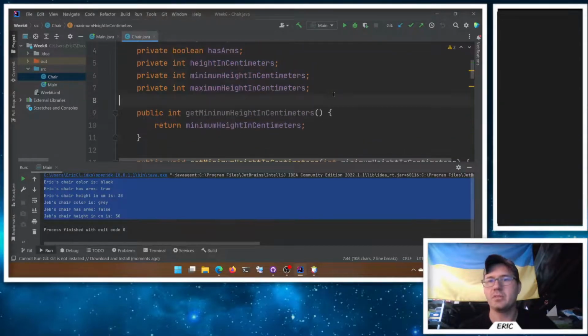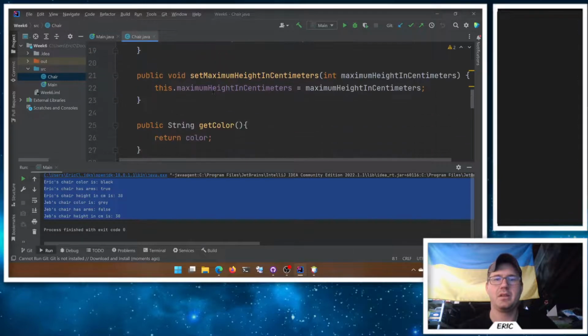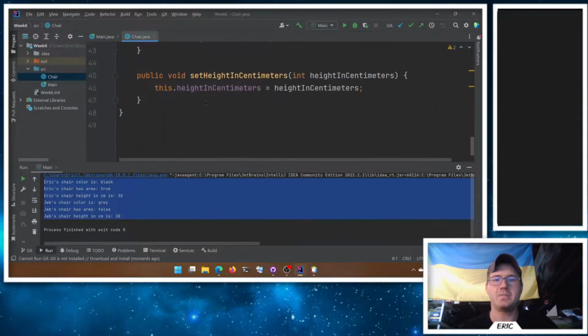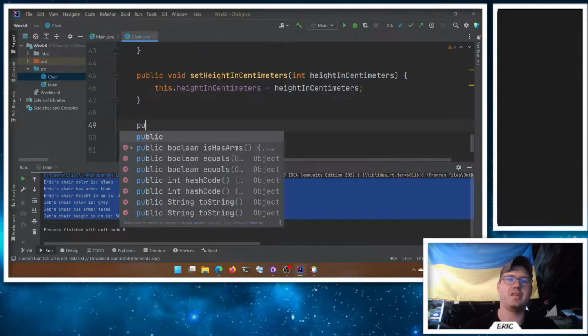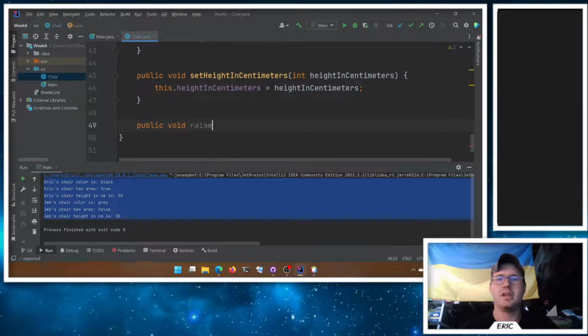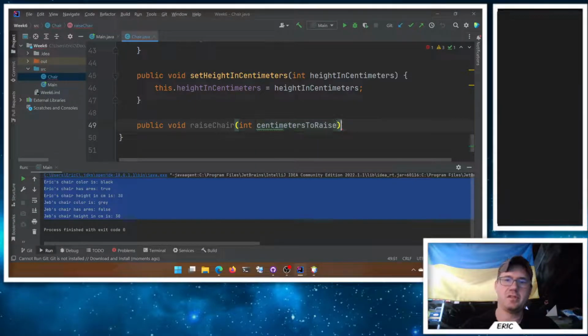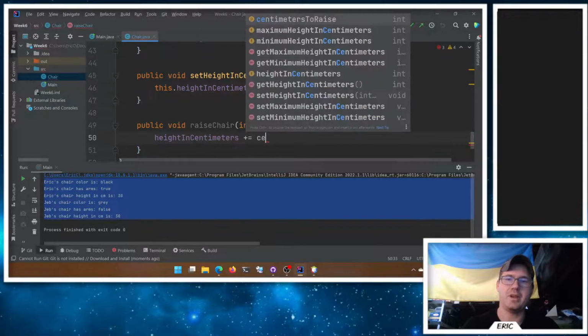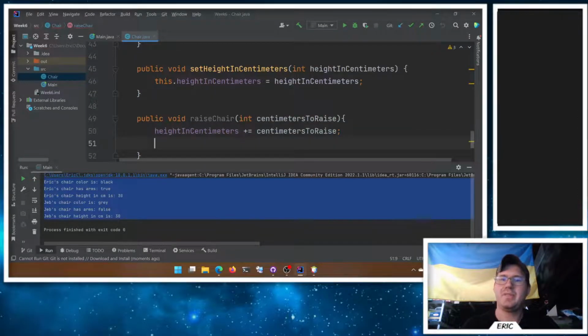So I don't need another attribute. I just need a method here that will go and change my height in centimeters. So I can say public void raiseChair, given an int centimeters to raise, and I'll take my height in centimeters. I'm going to add to it the centimeters to raise, but then I need to make sure I didn't go